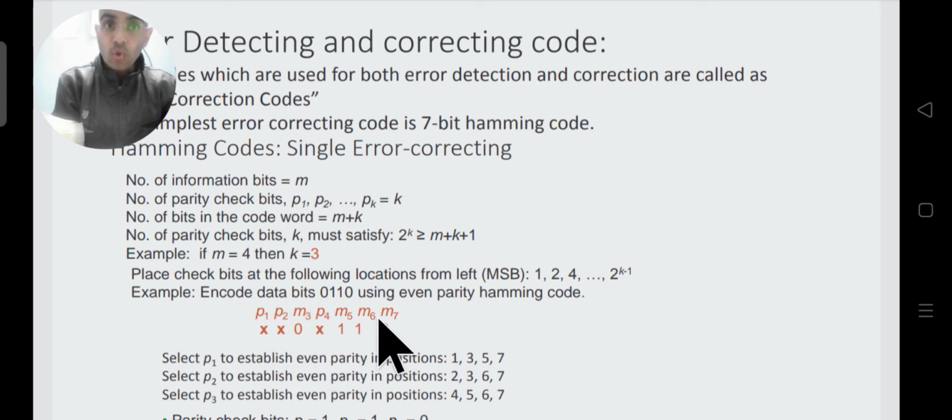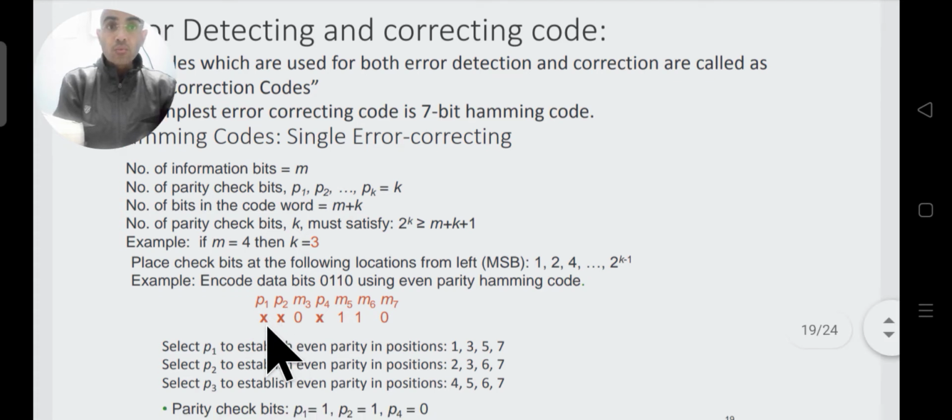In the code, where the parity bits will come will be given by this formula, starting from the MSB, not from the LSB. And why I am stressing this point is because for 2 to the power 0, usually we start from the LSB and not from the MSB. But in the case of Hamming code, you just remember that we have to start from the MSB side.